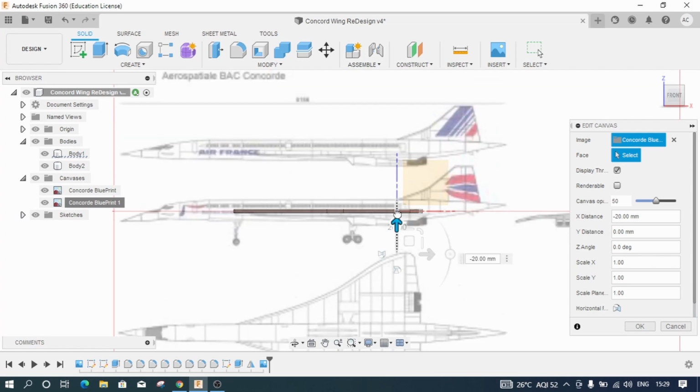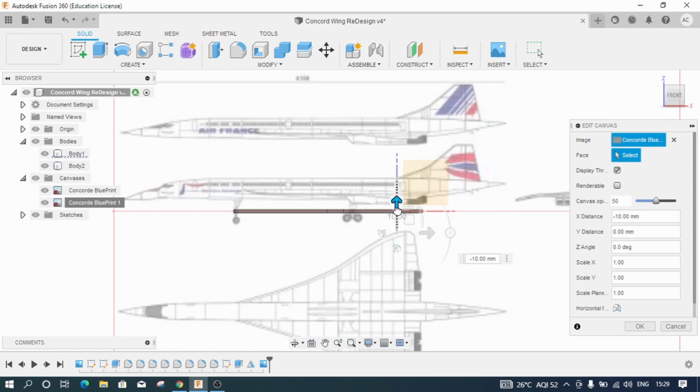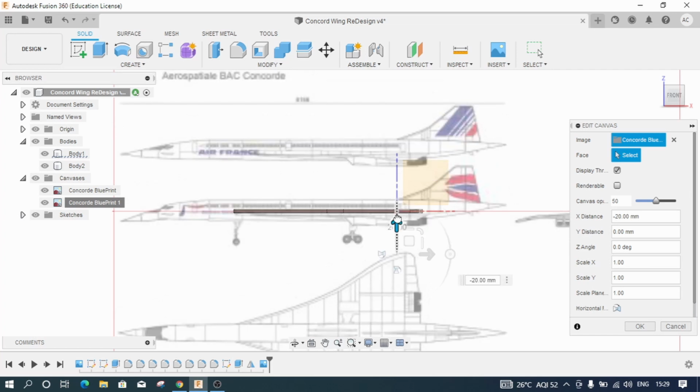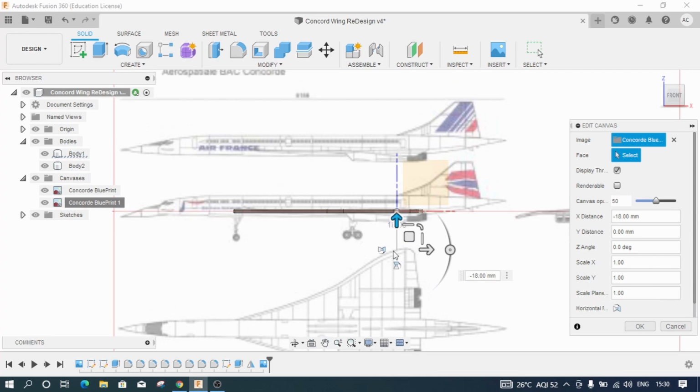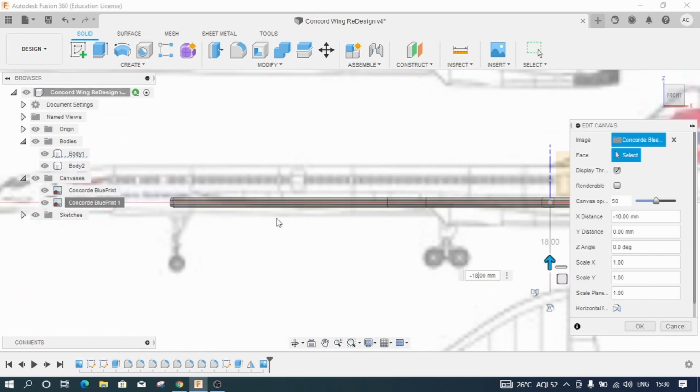If this image does not get snapped perfectly, please try to observe. If it is above the wing, it is showing minus 10 mm. If it is below the wing, it is saying minus 20 mm. So let me enter minus 15 and see what happens. Minus 15 is also very well above. So let me enter 18. And I guess now this is fine.